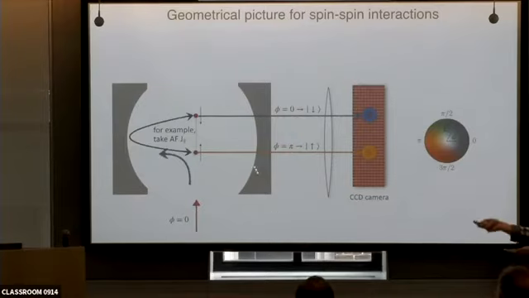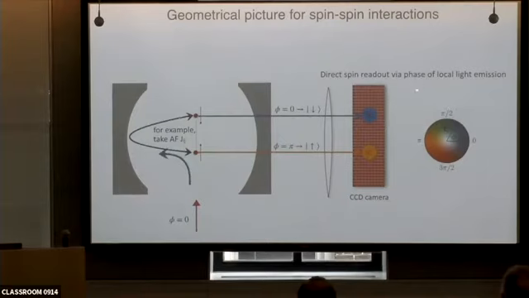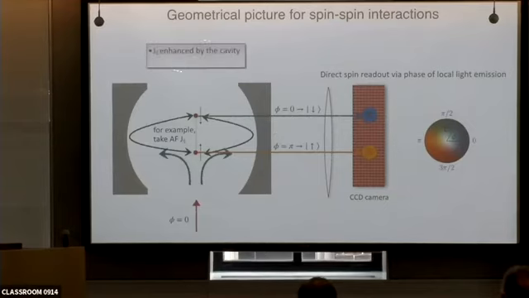We can use our active quantum gas microscope to do that and also give our interaction. So direct spin readout is possible via the phase of the local light emission. And then, of course, there's a lot of light circulating back and forth, which is reinforcing this coupling to make it very, very strong. In fact, it could be on the scale of megahertz, whereas the scale of the spontaneous emission, the heating rate, which is the horrible thing that you don't want to have happen in your system, can be tens of hertz. Okay, so you can have large separation of time scales, yet interesting interactions.